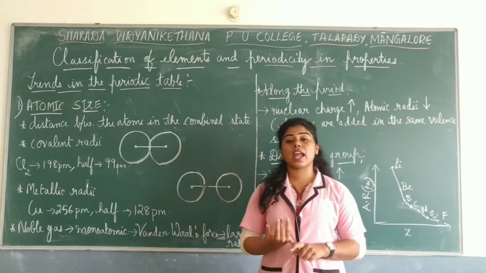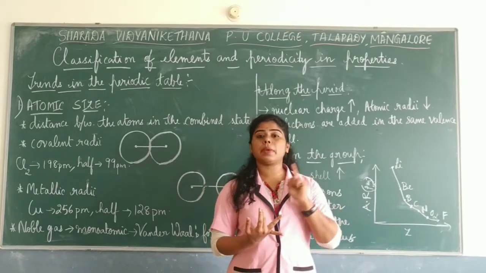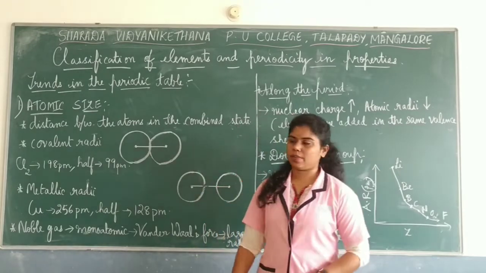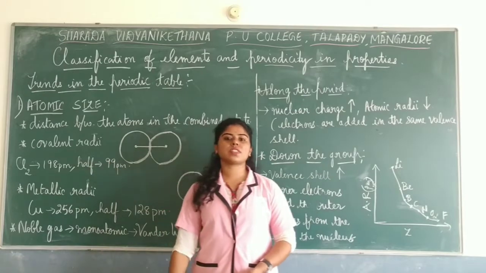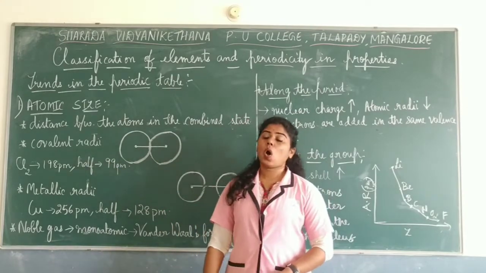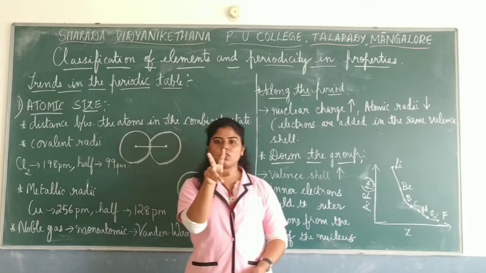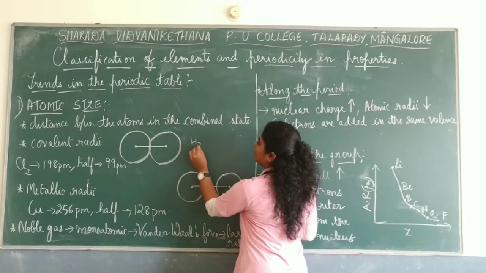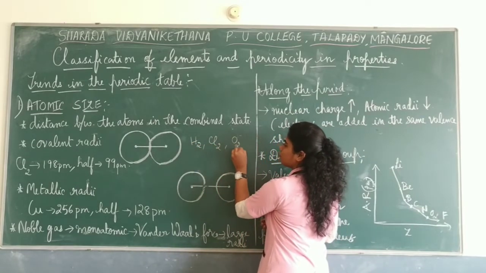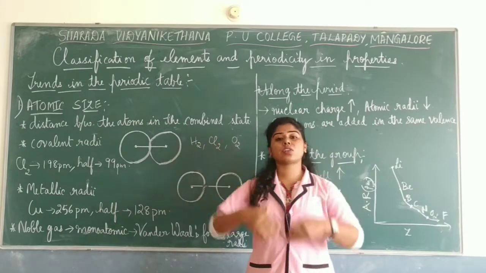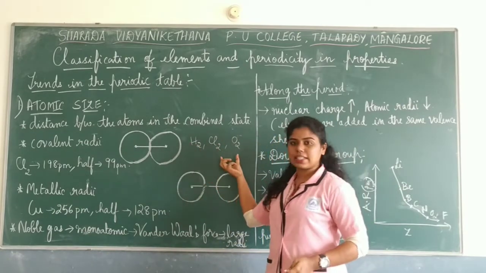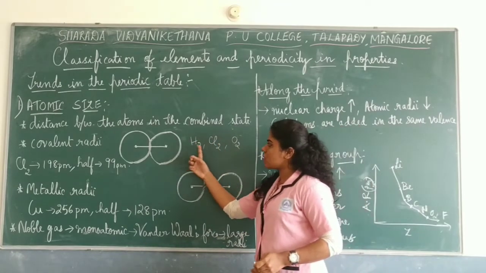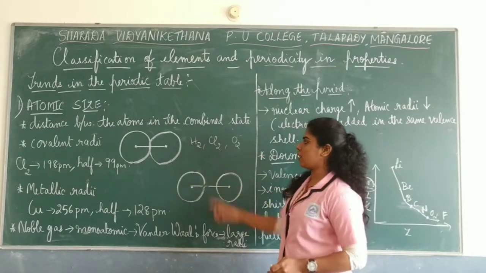Now, combined state in the sense there can be covalent bonding, there can be ionic bonds, there can be metallic bonds, different bonds might be there. So here, first of all, you have something called covalent radii. Covalent radii in the sense there are two atoms which form a diatomic molecule. For example, diatomic molecules are H2, Cl2, O2, which share electrons and form a covalent bond. So these are examples of covalent diatomic molecules, correct? Diatomic in the sense two same atoms will be present.